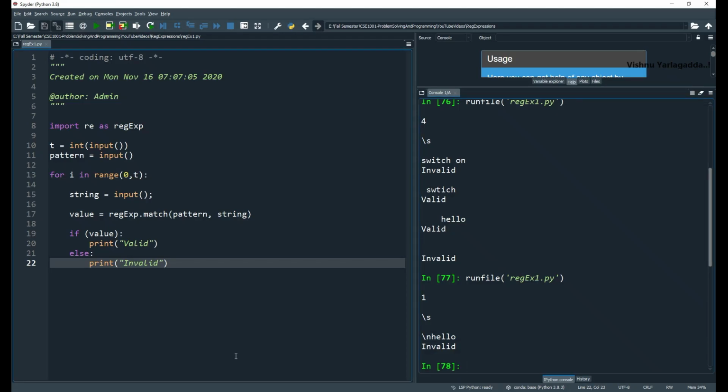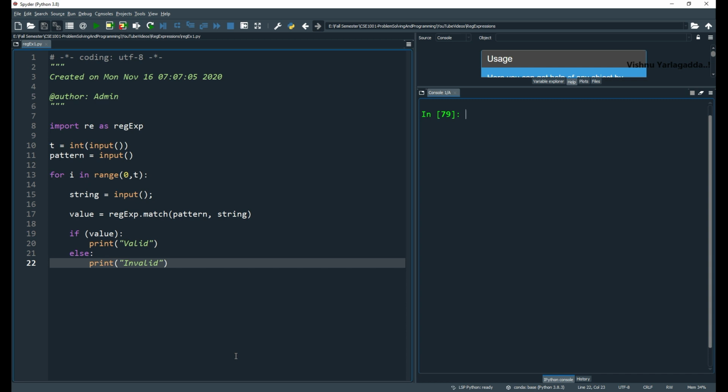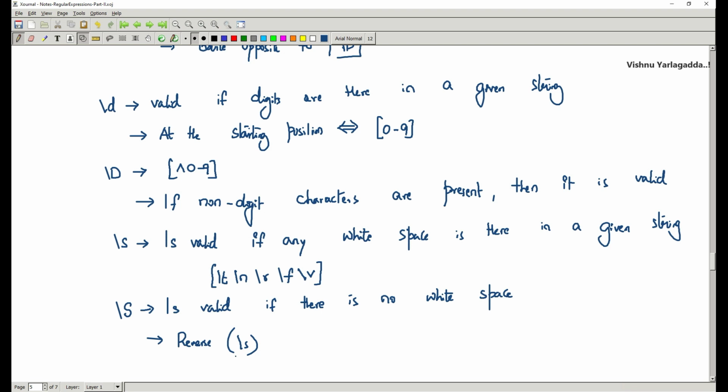Now you can see this one. 4 test cases. \S, hello, there is no space, valid. ABC 1 3 valid, there is no space. Space ABC invalid. Tab ABC invalid. So this is \S.